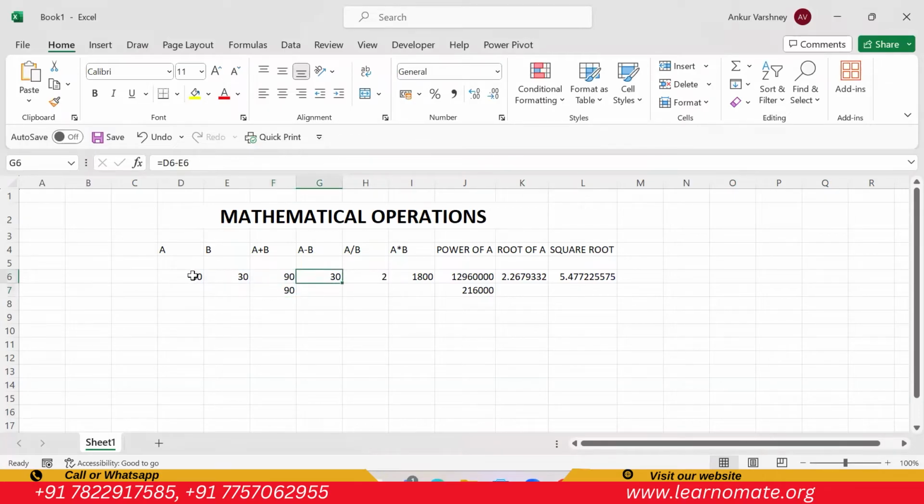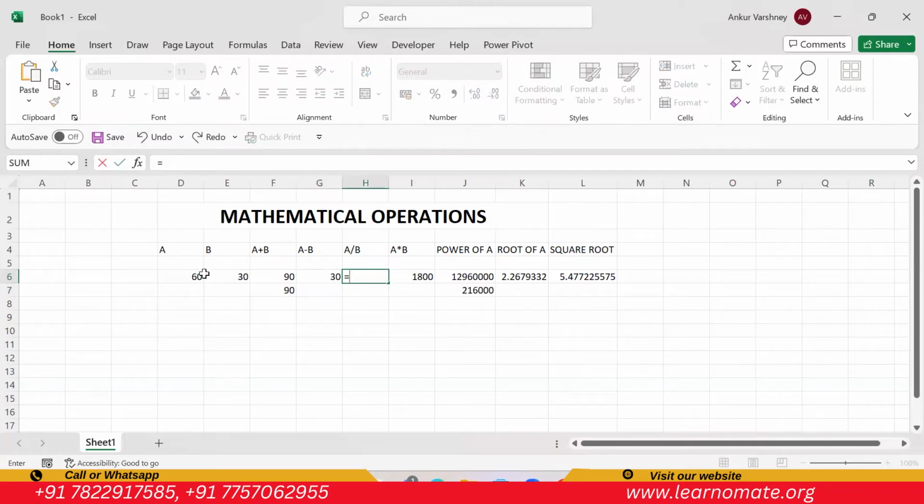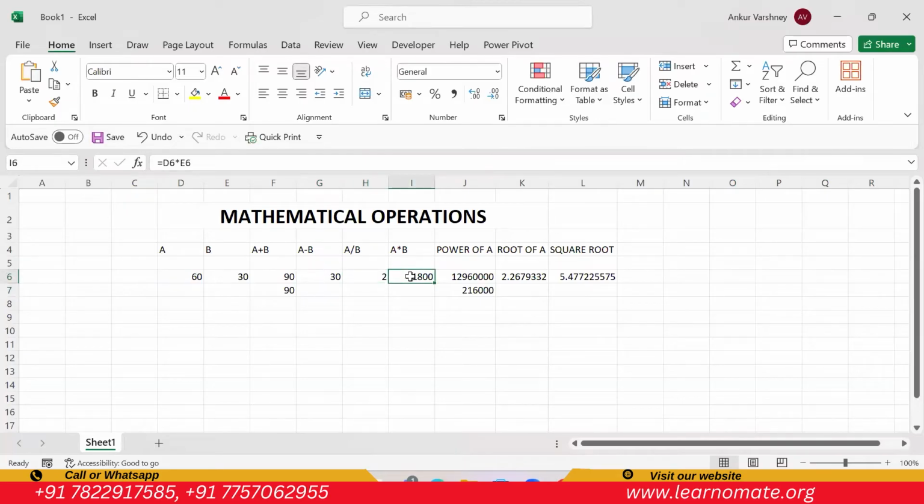Similarly, we can go for the subtraction. When you press the equal to sign, press this, then the minus sign, and then press this, you will get the subtraction. Similarly here, you just press this, the divide sign, and then B, you will get the division. Now multiplication, you just press the equal to sign, then this,